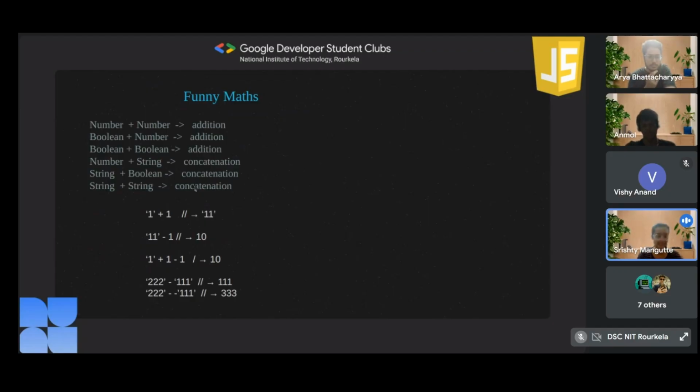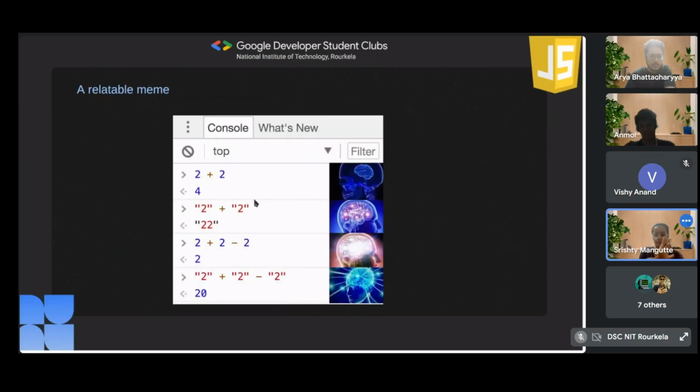So string plus string will concat these two strings. String plus number will also concat. But if you are doing string minus number, then that will give us...